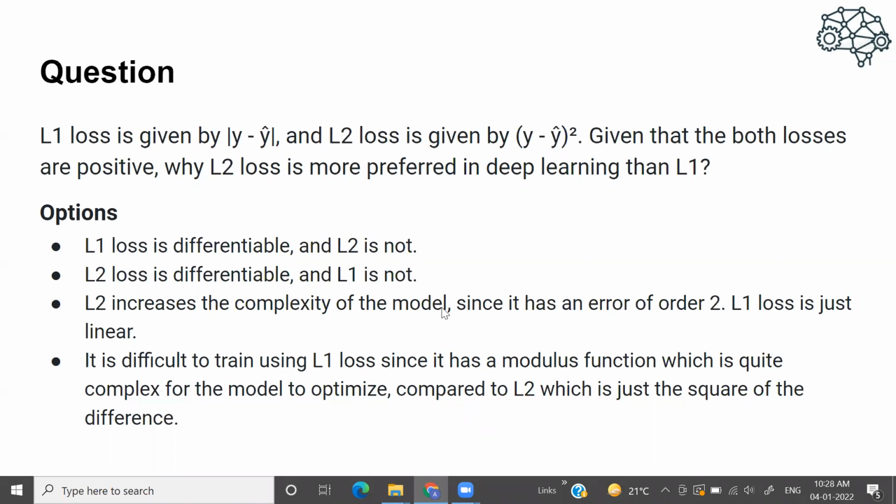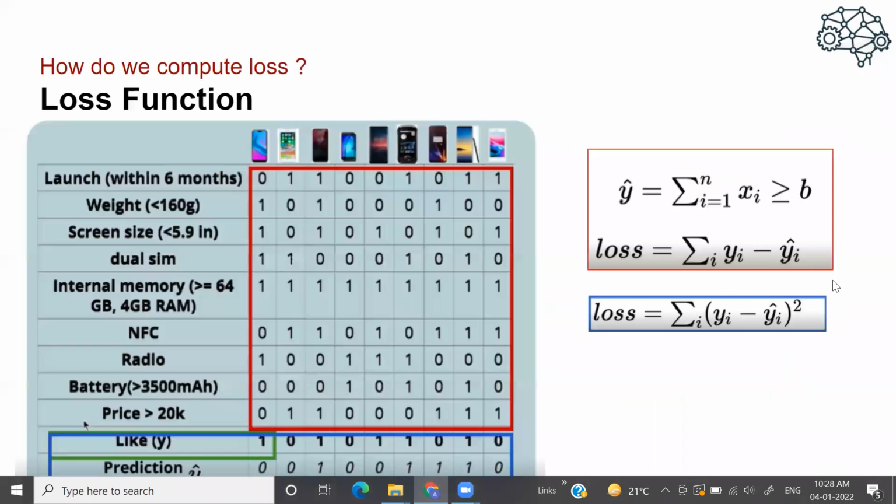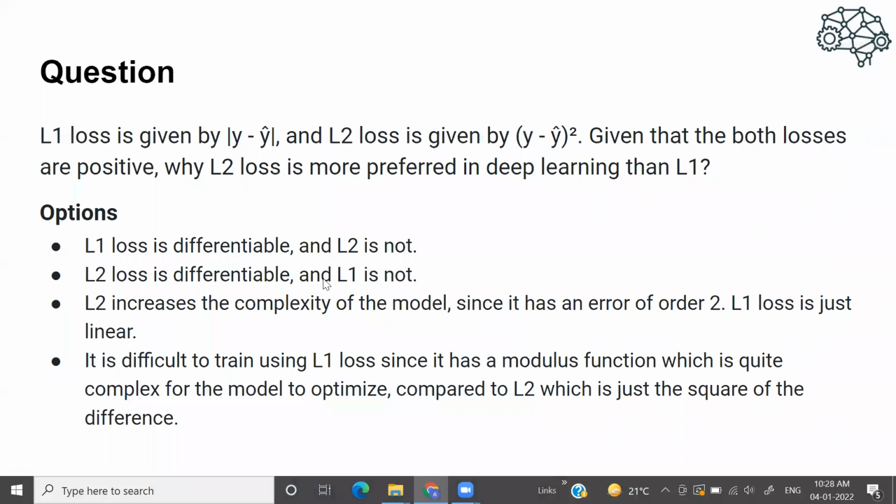Okay. Now, before we attempt this question, let me quickly tell you, this loss function is called L2 loss. Why L2 loss? That 2 comes from this power. This is the square difference, so that is why it is called L2 loss. If I had taken the absolute difference between yi minus yi cap, it would have been L1 loss. So the question is very straightforward. It is asking why, in deep learning, we prefer the L2 loss function compared to the L1 loss function. Now you can look into the options and quickly give me the answer.